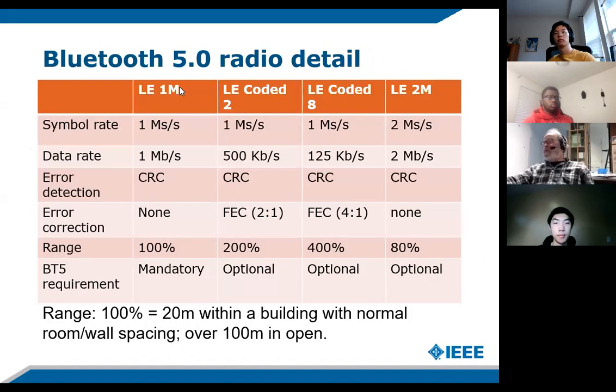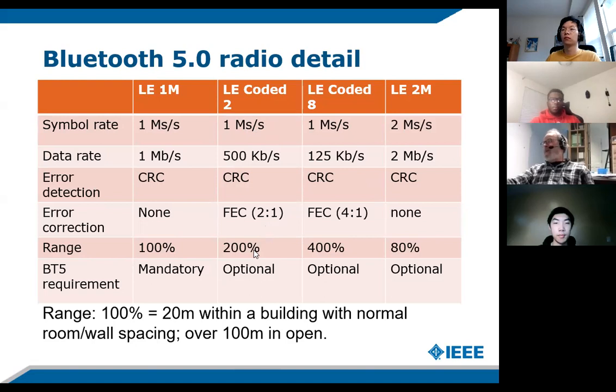The latest version of Bluetooth, which is a few years old, has basic low energy at 1 megabit per second. This is the stuff I've been talking about. Bluetooth 5 requires backwards compatibility with Bluetooth 4. Now we've got 3 new versions, keeping the same symbol rate but using forward error correction.